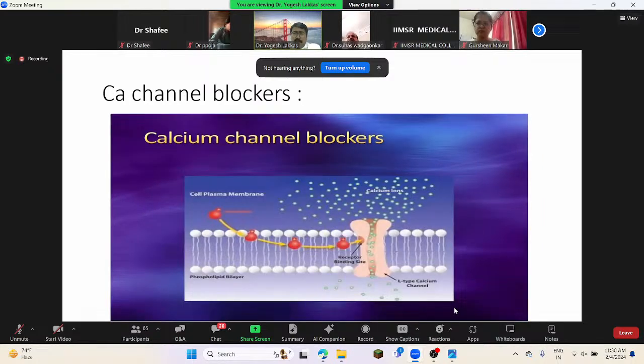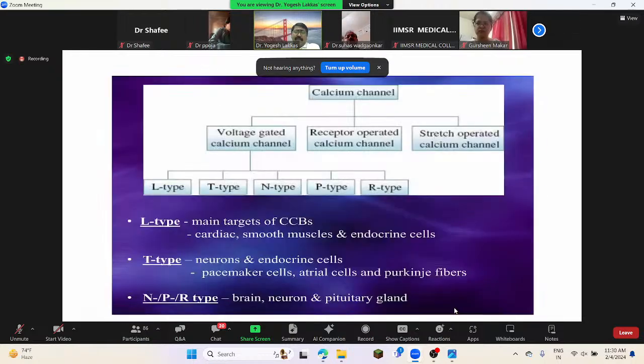Then we will go back to the calcium channel blockers, the age-old molecules, newer and old. We have to use both molecules precautiously, or justify their use in clinical practice, and you have to have experience with these molecules. Calcium channel blockers are good drugs that I have been using for more than 15 years. Safe molecules. These are the different types of calcium channels, and drugs do act on these different channels.